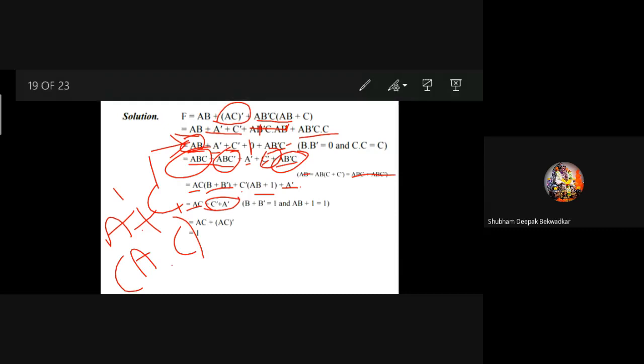Next class, we'll start with what I had explained in the last class. Last class I had told you something about sum of products and product of sums, the min term and max term expressions. So next class we'll start understanding what is min term and what is max term, how you create the Boolean expressions, and how you write the truth table. So that's it for today's class.